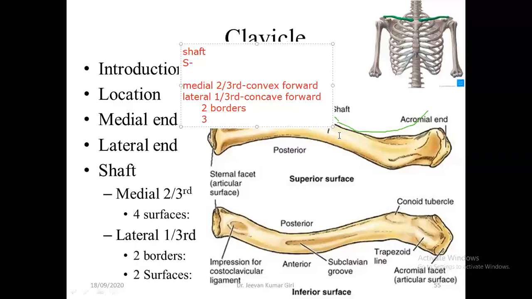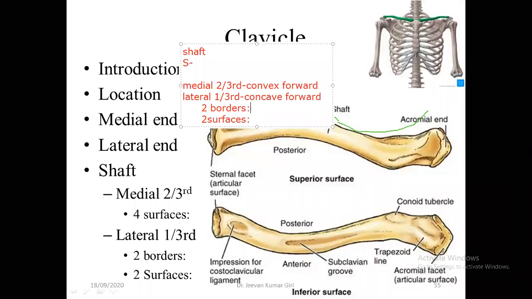So from here to here, this portion of the shaft we are reading. We are going to see the features in this portion. Then we'll see in the middle. Now it has got two borders and the two surfaces. Now how two borders and the two surfaces? Now see here, suppose